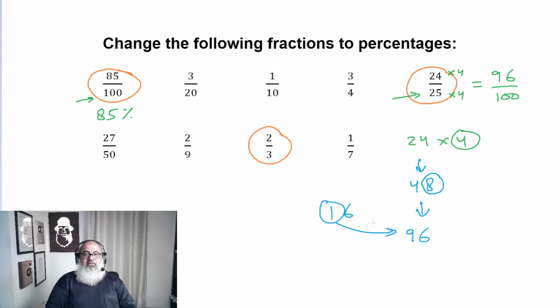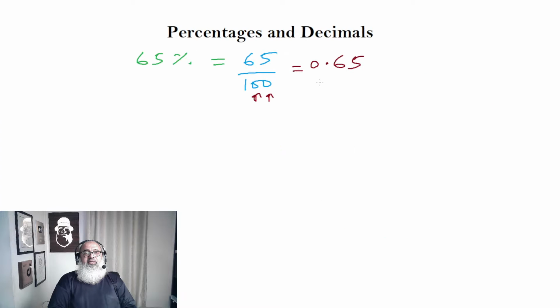And dividing by 10, 100, 1000 is very easy. We just shift the point that many places, and here it's 65, and when it's a whole number, always the decimal point is on the right side of it, and we have two zeros here, so we shift the point two places to the left to make it 0.65. That's our answer. And similarly 7% will be 7 over 100, that is, we shift the point two places to the left, but we have only one